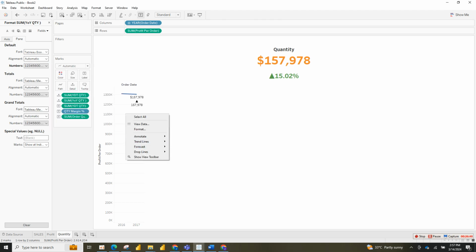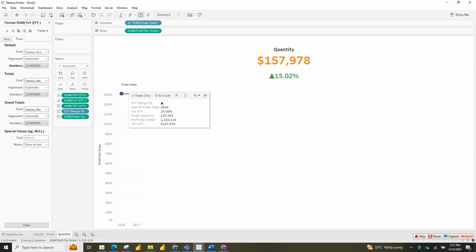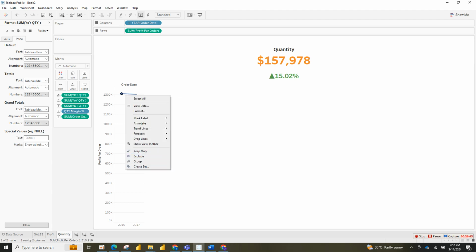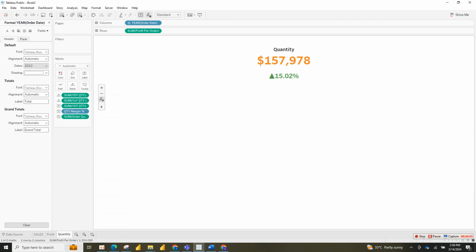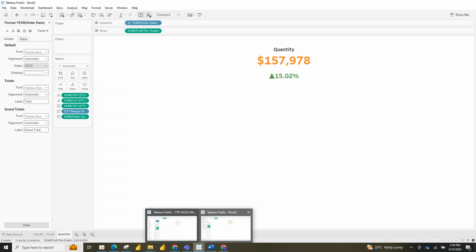So we just need to show toolbar. Once you show toolbar, just click this, then click this. So now remove this, show no header. So now we are good to go. We've created all the KPI. So now the next one that we need to create now,